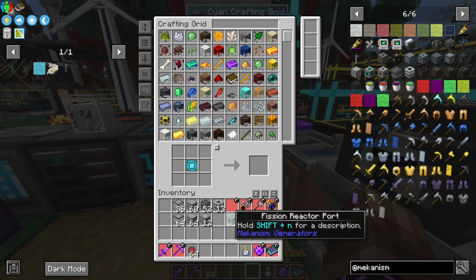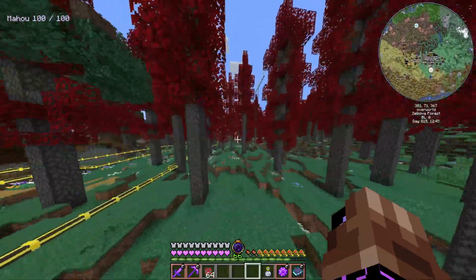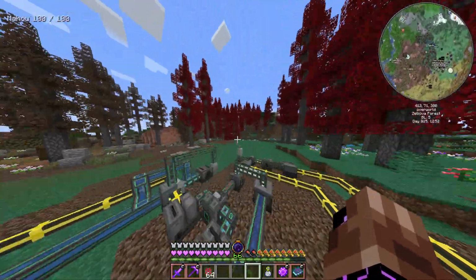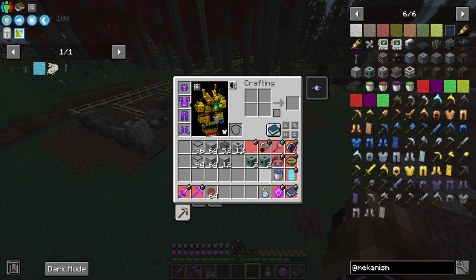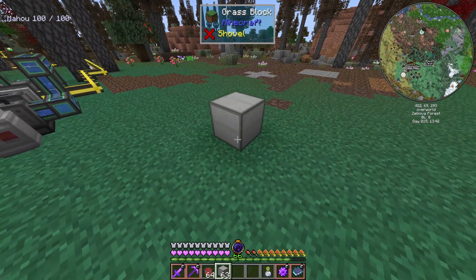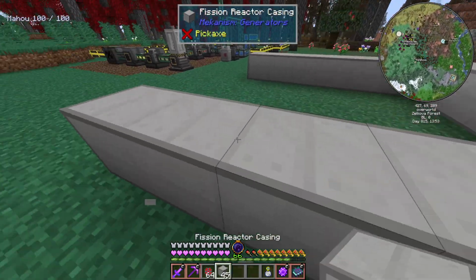And we need 4 of them. Just like that. And then we can actually go over and start to put this thing together. We're not going to power it up yet, because if we do, nuclear waste will go everywhere, and that would be really bad. But we're going to do this thing. So I think I'll build it right here, and it's going to take up a 7 by 7 by 7